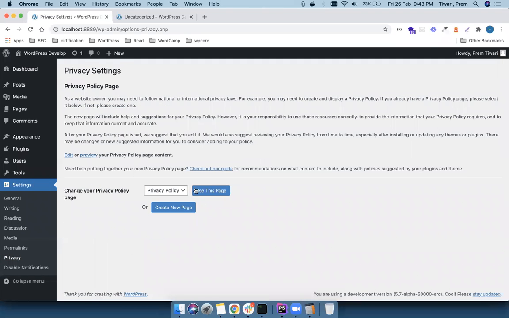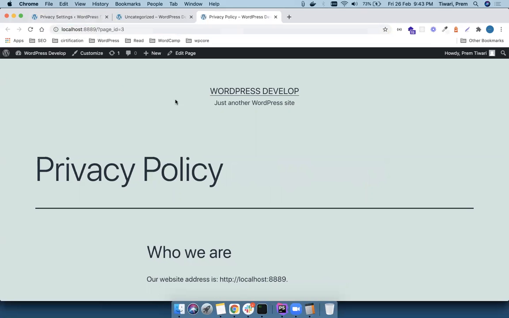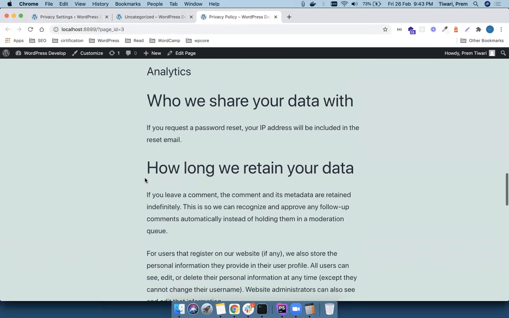Privacy. Every live site has its own privacy policy. From here you can select a privacy policy. By default, WordPress will give the standard privacy policy here. You can preview this page from here. So the privacy policy,